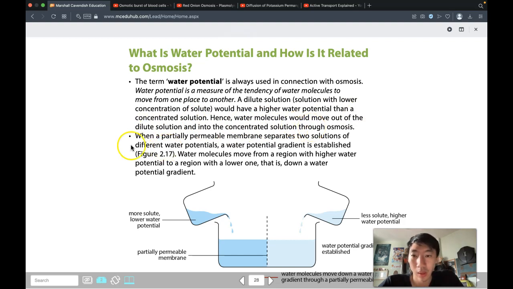osmosis. When a partially permeable membrane separates two solutions of different water potential, a water potential gradient, okay, so it's slightly different from that concentration gradient, right? It's called water potential gradient. It's a similar concept, but the words are different. Okay, so this water potential gradient is established. Water molecules will move from a region with higher water potential to a region with a lower one, down the